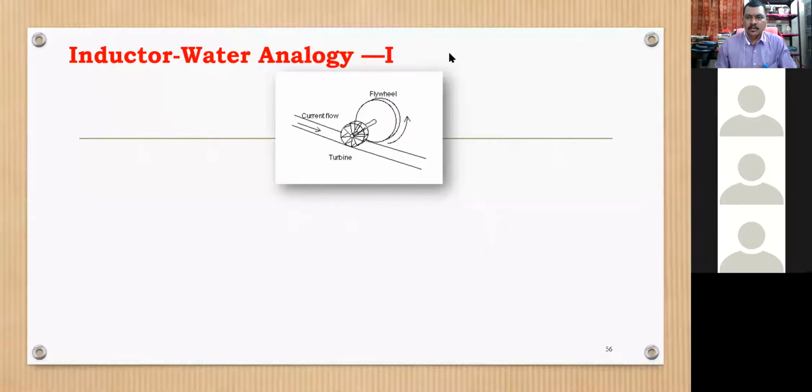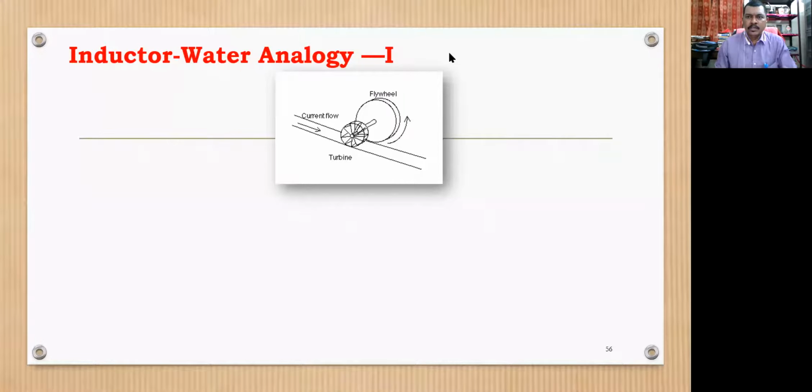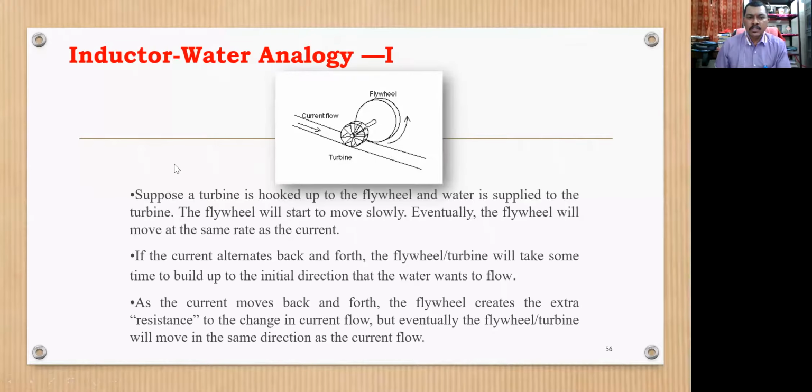Yeah. So if you are able to see my screen, then yes, there is a current flow which is shown over here. यहाँ से हम लोग बोल रहे हैं कि पानी आ रहा है और ये पानी फ्लो के वजह से ये टरबाइन रोटेट होने वाली है, and due to this movement of turbine, this flywheel is going to rotate, right? Similar is when we say that we have a coil, then this is hooked by a flywheel and water. This is what is written over here, is supplied to the turbine.